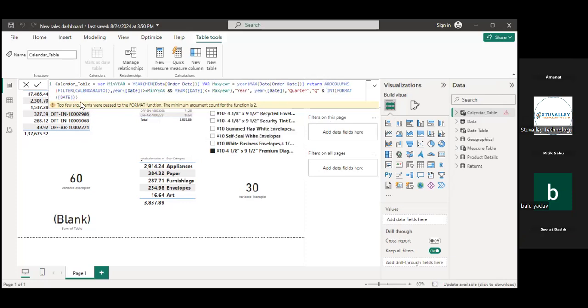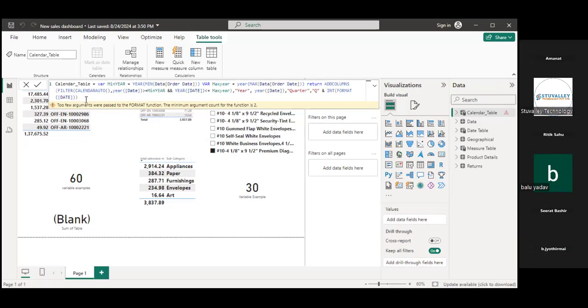Add columns, filter. Then for the filter, calendar auto, year, date, minimum year, and less than maximum year, and year date, quarter, and int format, date. You can add.